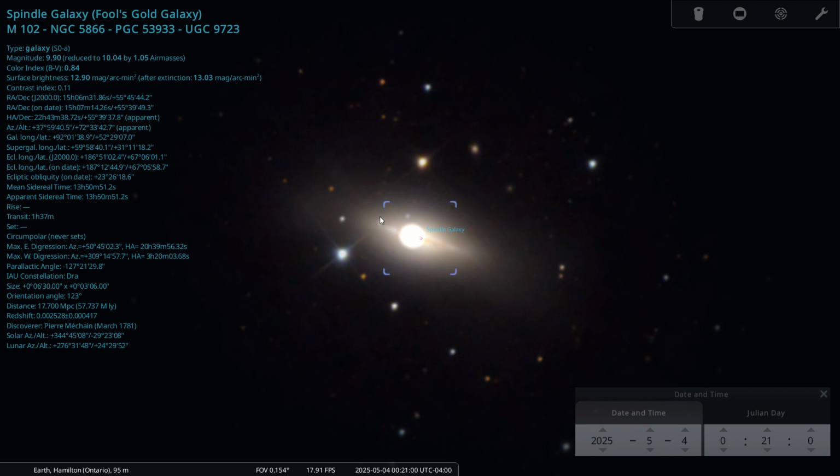Now, NGC 5866, the Fool's Gold Galaxy as it's known, is also M102, debatably, because Messier 102, the 102nd object on Charles Messier's list, is a rather ambiguous object. Nobody's exactly sure what he was referring to when he put this on his list. It was discovered by Pierre Méchain, one of Messier's contemporaries during the late 1700s, but he retracted his discovery 2